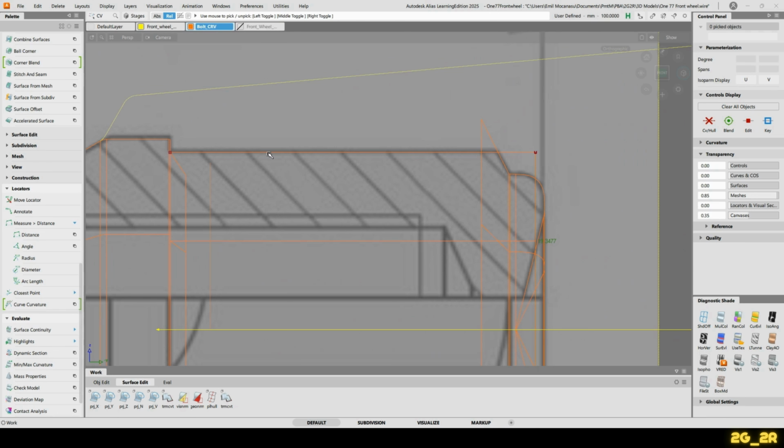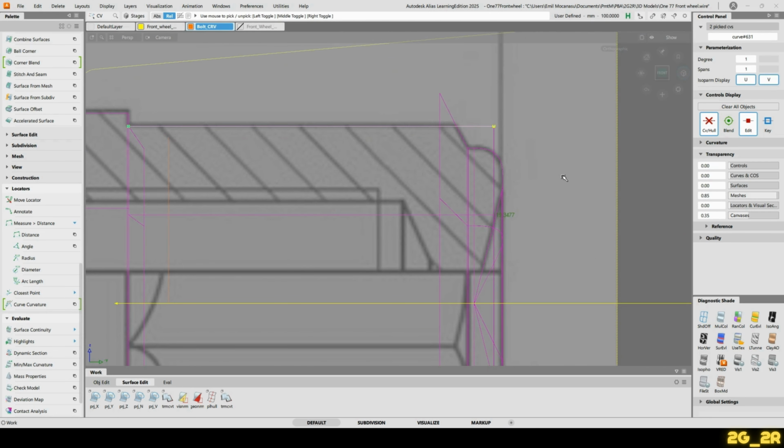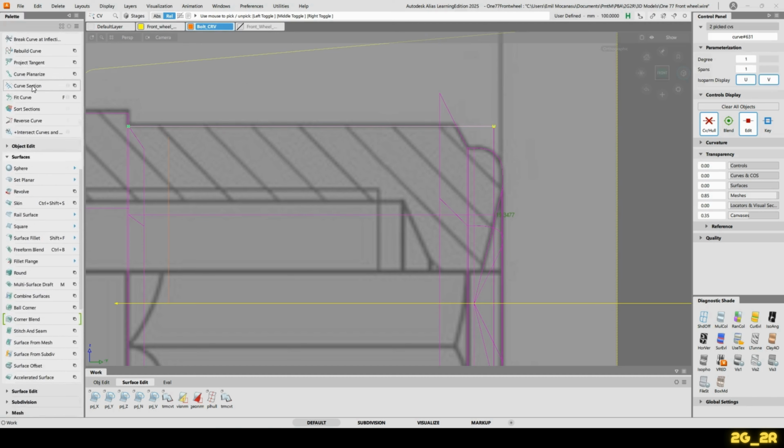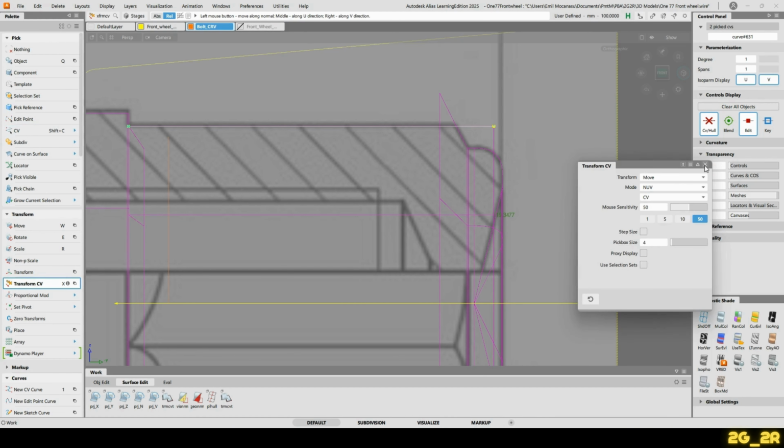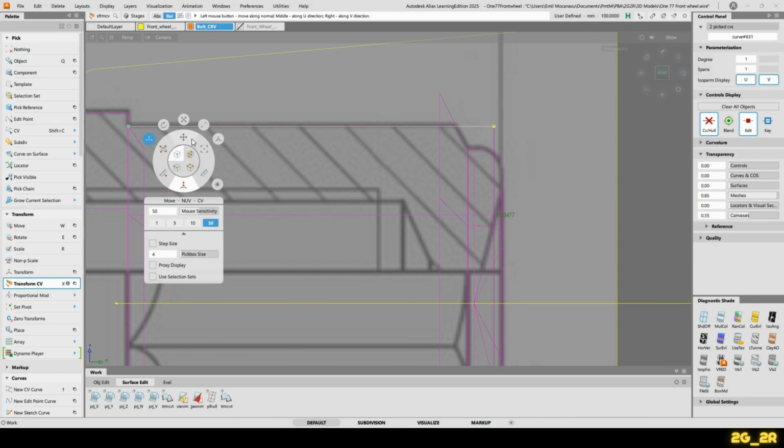And to do that precisely, I will take the CVs and I'll use the CV move tool, which is located here in transform CV, and I'll use the XYZ move setting,